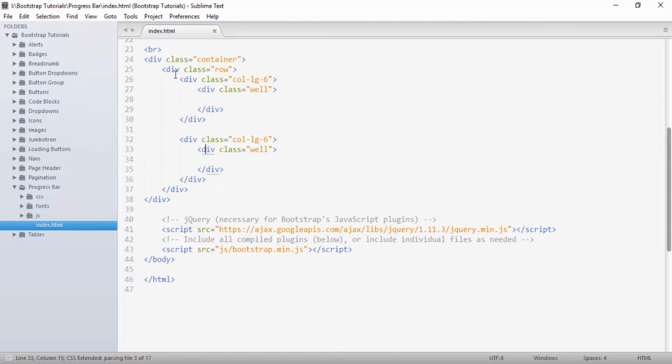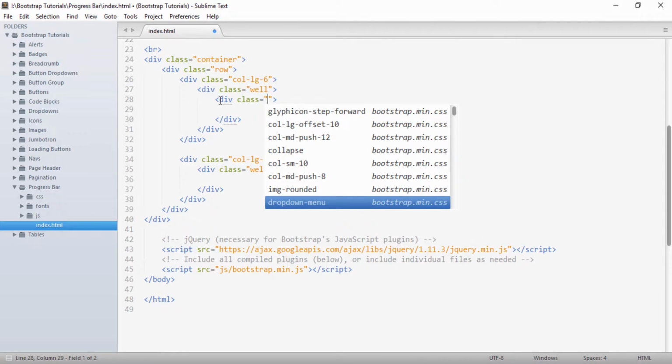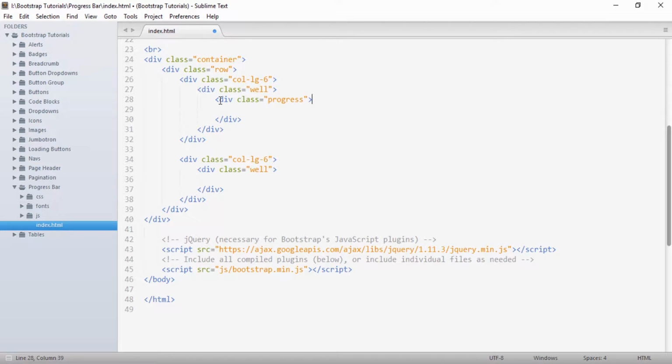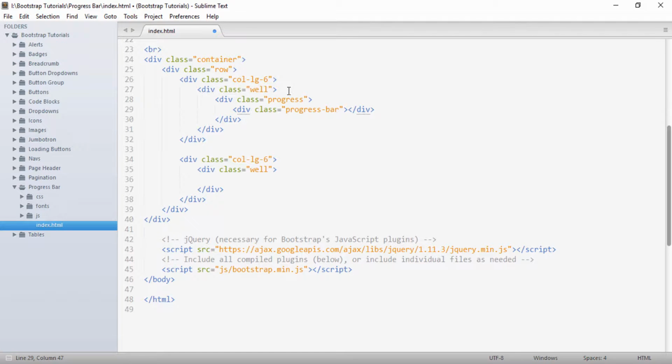So friends, let's first see how we can create a basic progress bar. So first I will create a div, and to this div I will provide a class of, say, progress, and inside this div we will create another div, and to this div we will provide a class of progress-bar. So friends, progress and progress-bar are two classes which are basically required to create a progress bar, and